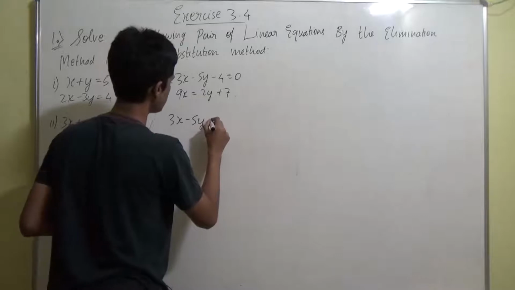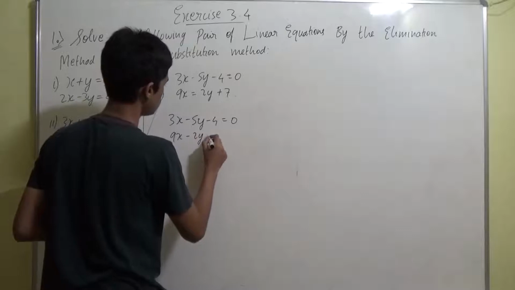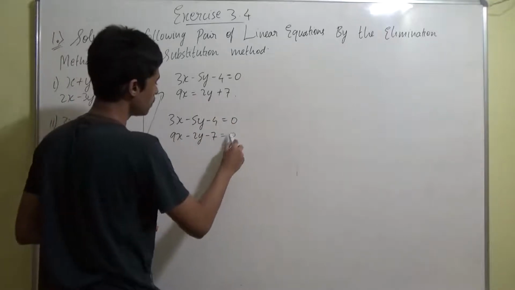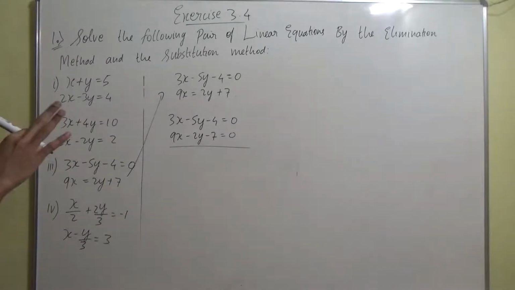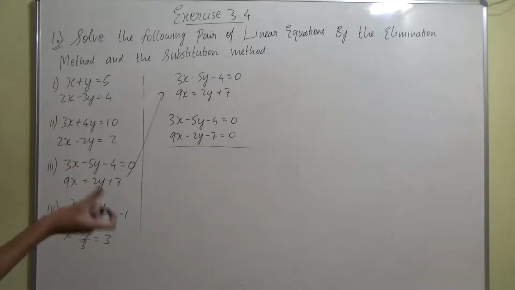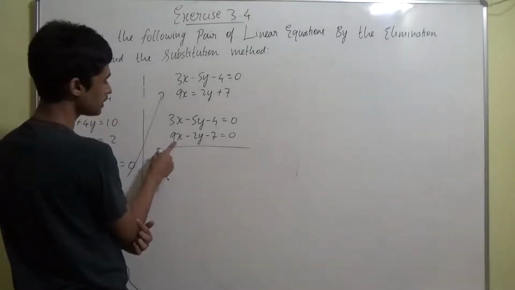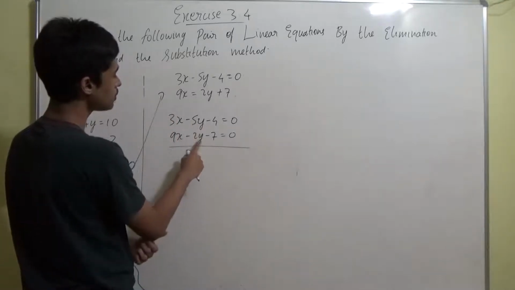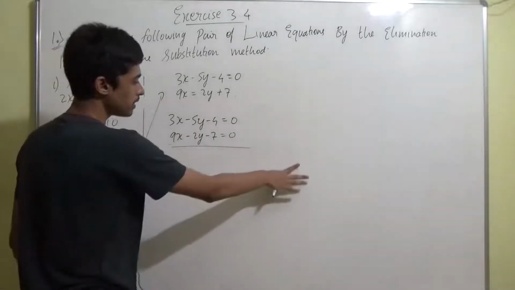First equation we are going to write as it is. The second equation I'll rewrite. So when it comes to the left side, plus 2y becomes minus 2y and plus 7 becomes minus 7 equal to 0, right? Now we have to do the elimination method. In elimination method, what we are doing guys, we have to make at least one term with the variable same in both the equations so that we can cancel them, right? If there is 9x here, we have to somehow make 9x here also, or if it is 2y here and 5y here, we have to somehow make it 5y here also, so that we can cancel by addition or subtraction, that we'll see later and do accordingly, right?